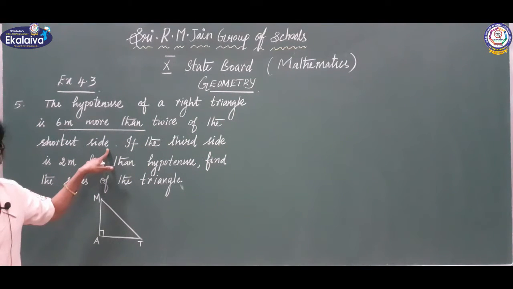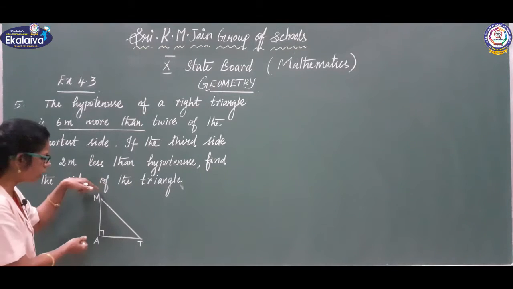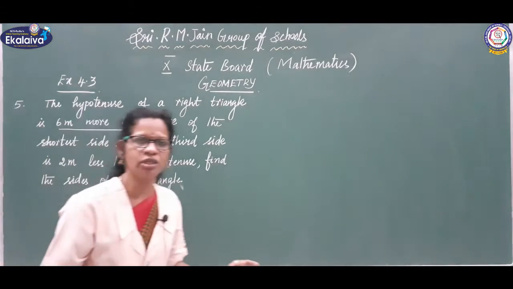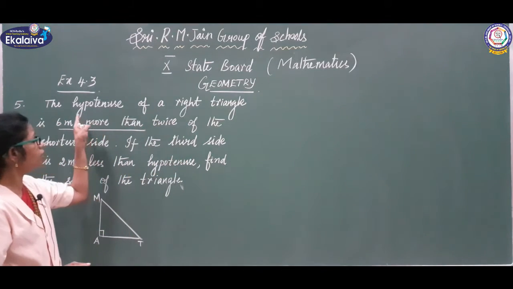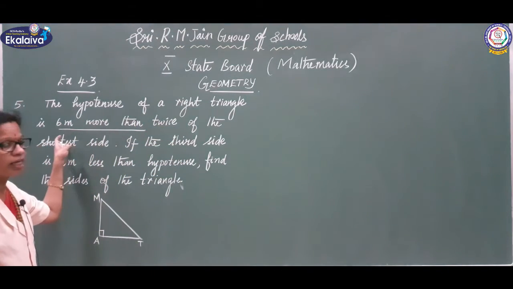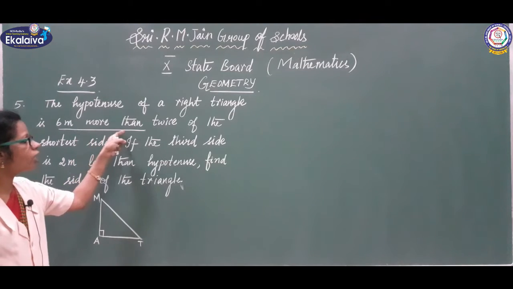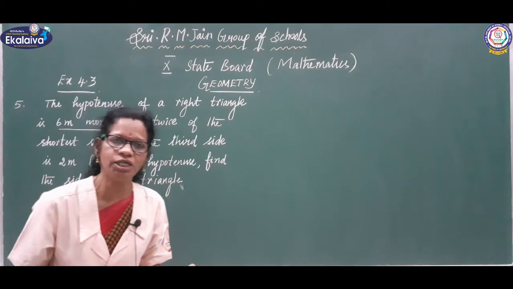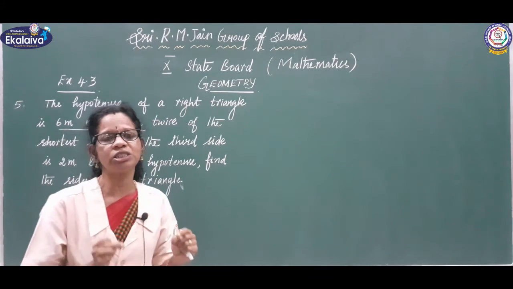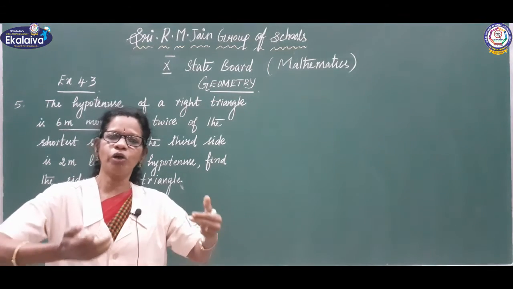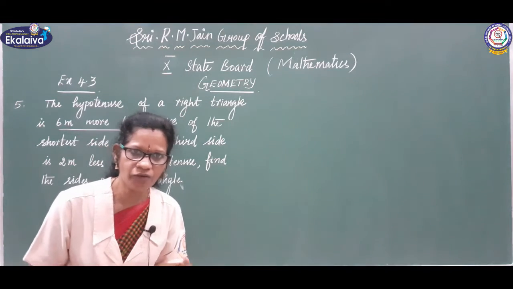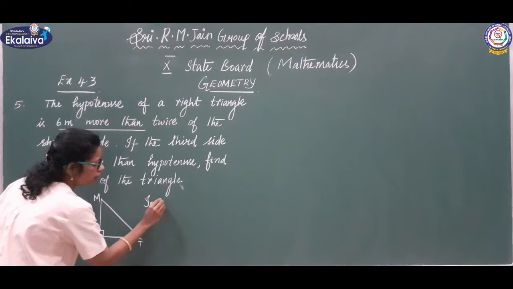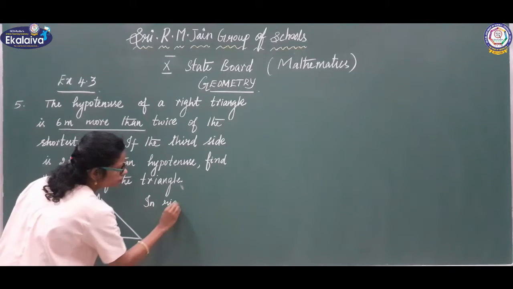We don't know what is the value of shortest, what is the value of the perpendicular, that is MA, what is hypotenuse. Nothing is there in the question. Nothing in the sense measurement is not given. Only verbal statement is there. That verbal we are going to convert into the mathematic format. Right. Now you see, in a right triangle,